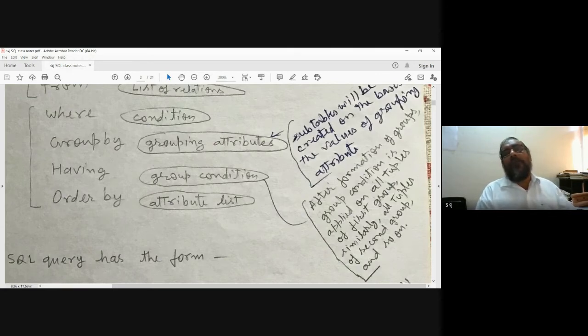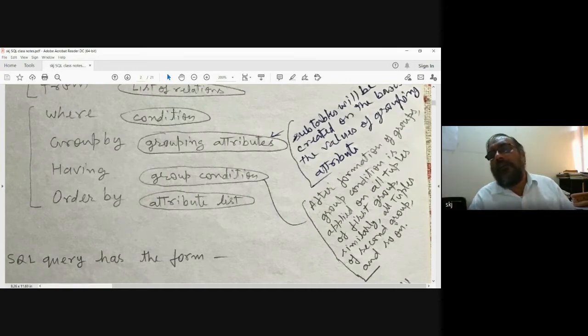So based on the grouping attribute, the subtables have been formed, and then this group condition is applied on each group. When we say applied on each group, it means on all the tuples of the group.